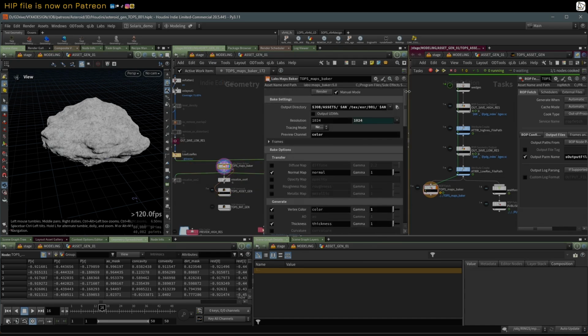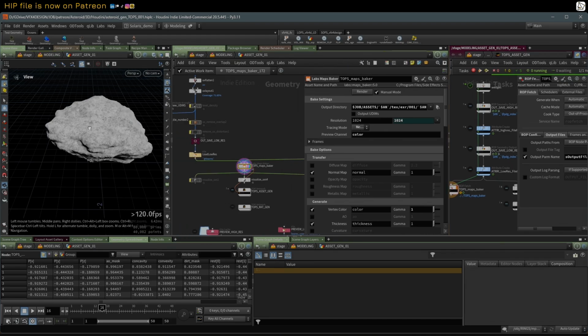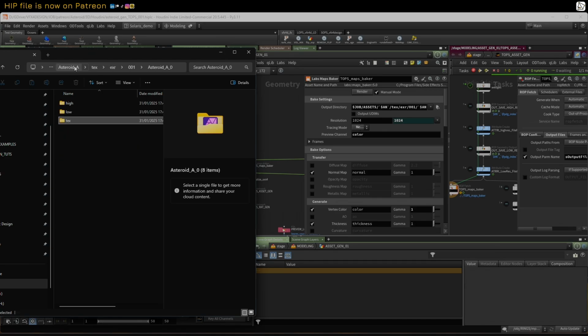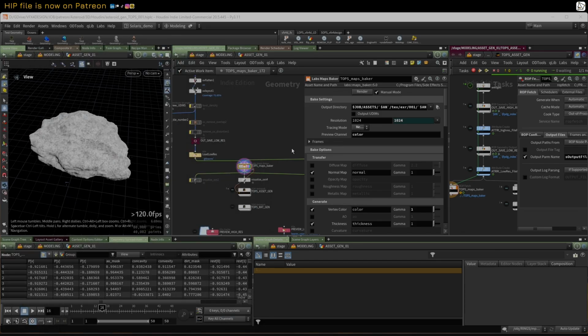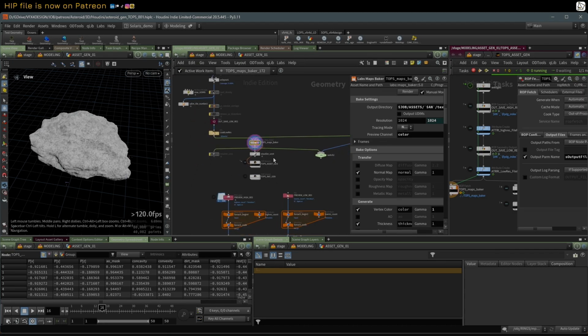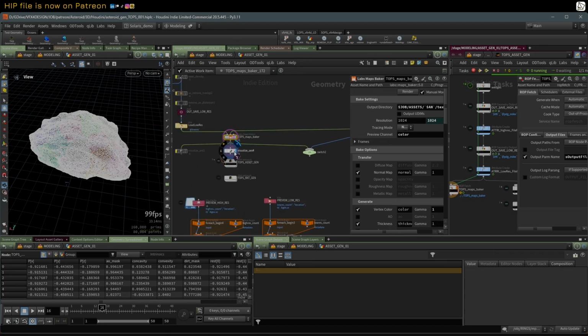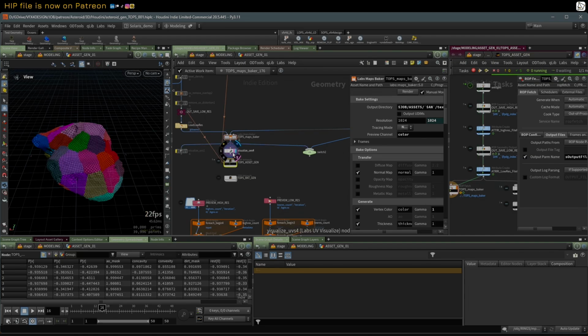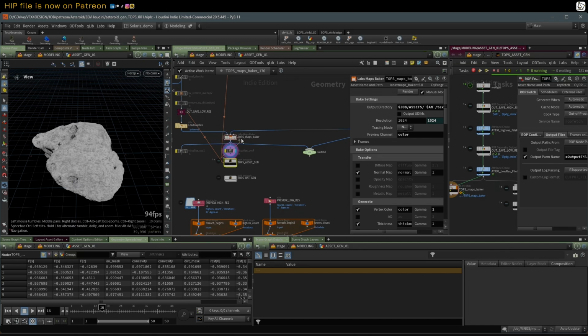So what we've essentially got now is an asteroid asset with high and low res geometry and all the textures saved to disk, for all five of them. So I hope this wasn't too painful. So we can visualize the UVs on there, kind of quickly cycle through them. You can see we've got this